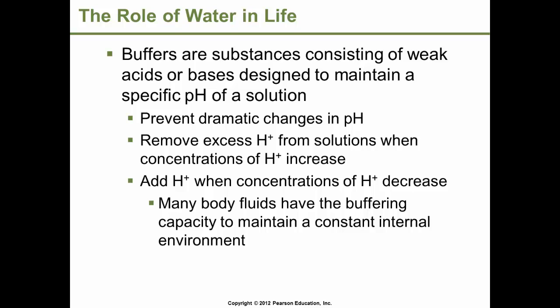A pH drop from 7.4 in the blood to 7.0, or an increase to even 7.8, can result in death in just a few minutes. We have a carbonic acid and bicarbonate system in our blood that helps to keep the pH around 7.4. And almost all biochemical reactions of the body occur around 7.0, with the exception of the stomach in digestion. The pH around 2.0 is maintained by stomach cells producing hydrochloric acid, which helps